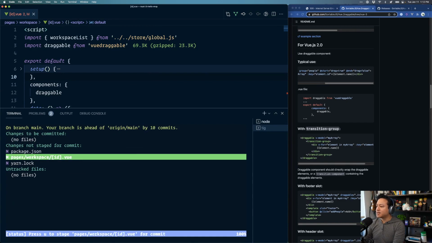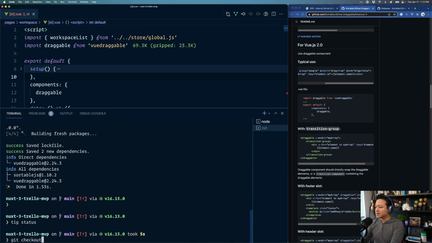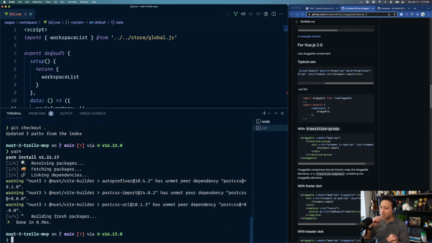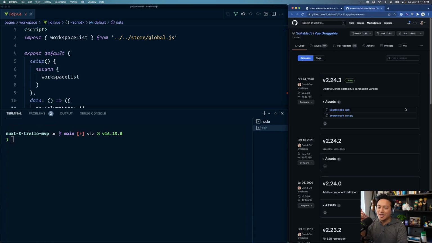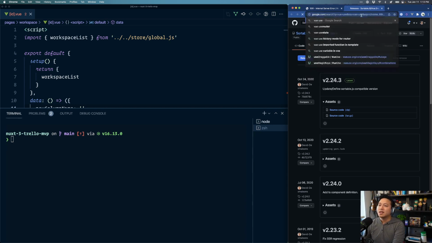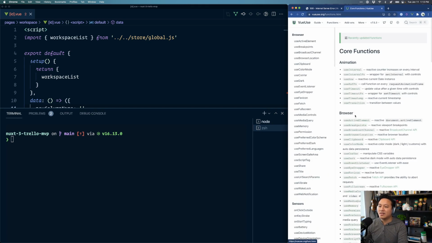So with tick status, I'm basically checking what has changed. I've dropped some stuff. I don't want any of this. So I'm wiping it out and reinstalling my dependencies. Great. Okay, so what we're gonna do though is we're actually gonna use what we talked about last week. We're gonna use Vue use to do this because unfortunately I don't see a real path forward with Draggable at the moment. So let's go ahead and look at Vue use because I have an idea of how I could